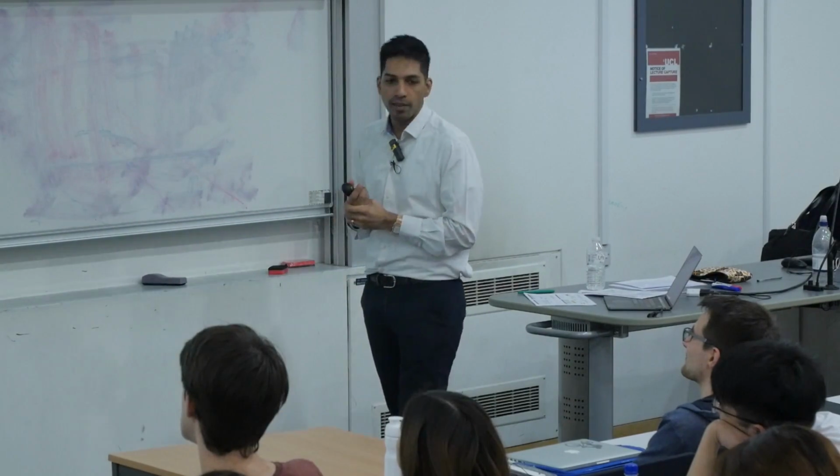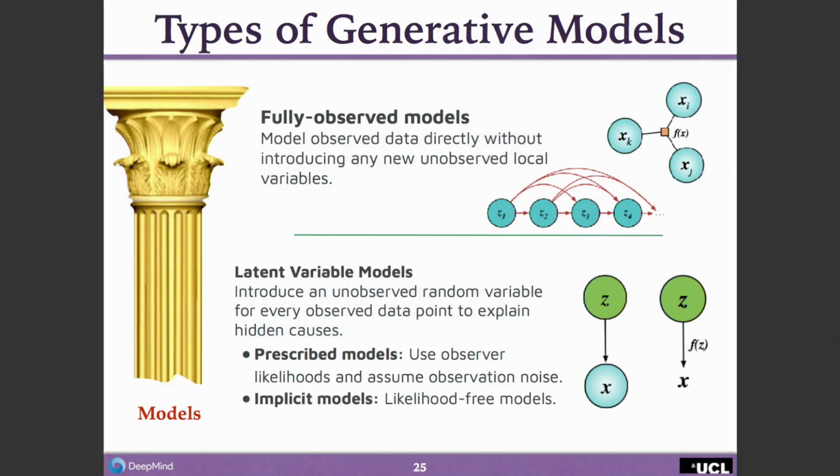There are 2 types of models that we'll break them into. One are the fully observed models. Fully observed models are models that you build based on the data that you see only, right? So they introduce no unobserved variables. And so here you have an undirected graphical model with a 3-way factor. A Boltzmann machine is another kind of model of that form. Or you have these kind of autoregressive models, k-order autoregressive models. They are fully observed. They only build dependencies based on observed data and things that you can actually measure in